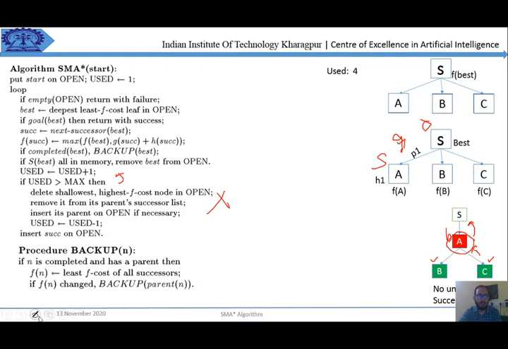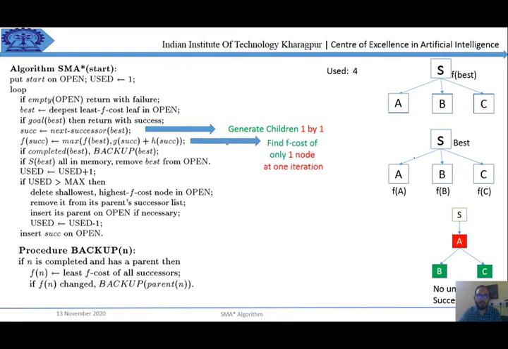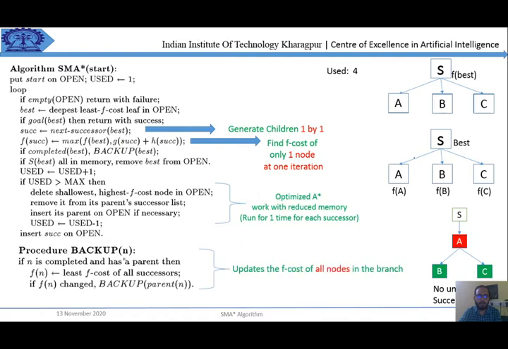There are three prominent things in this particular algorithm. The first thing is that it generates children one by one. I generate child A, then in the second iteration find B, and in the third iteration find the C value. Simultaneously it generates one child and finds the f cost of that child, and then it checks whether I have to decrease the memory or not, and whether at each iteration I have to call the backup procedure if required, if A is completed. And if it is completed, then it might happen that all the parent nodes' F values might be changed because of calling this backup procedure. So these are the things that differentiate between the SMA star and SMA star plus algorithm that I am going to discuss at a later part.